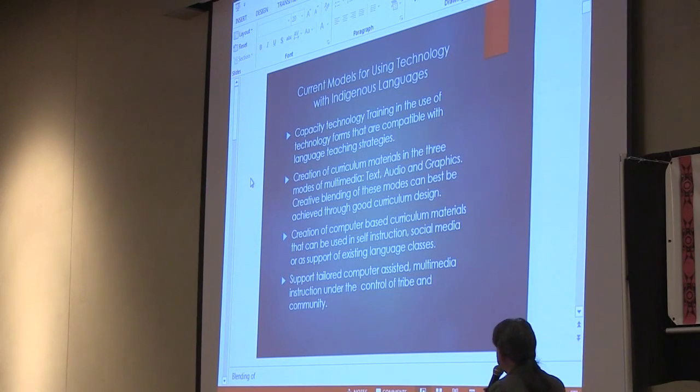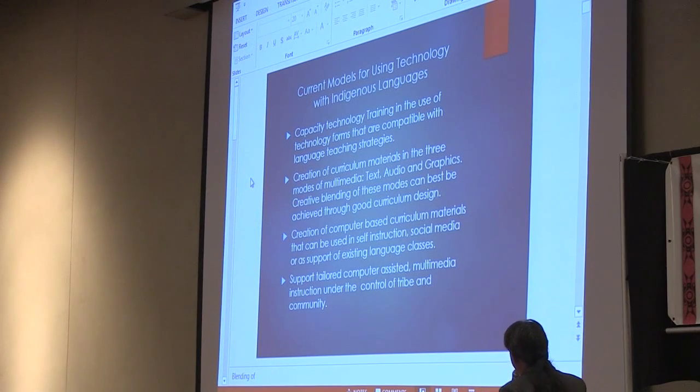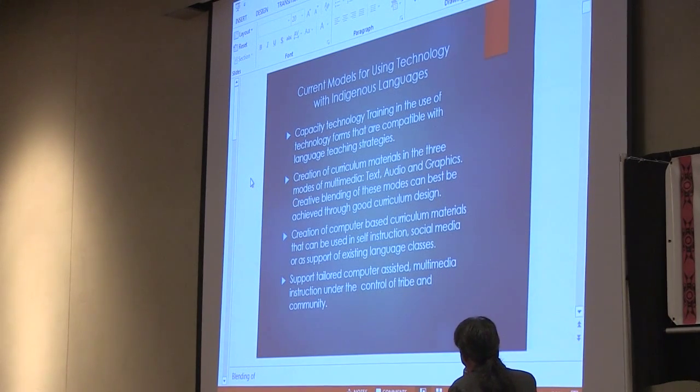So there are a lot of current models for using technology with Indigenous language. One is called Capacity Technology Training. It's for building capacity in the use of technology forms that are compatible with language teaching strategies.